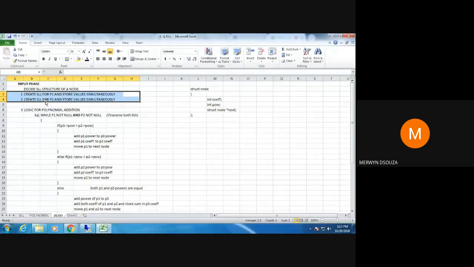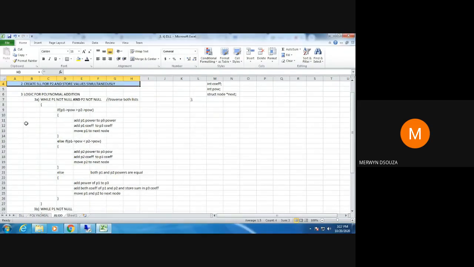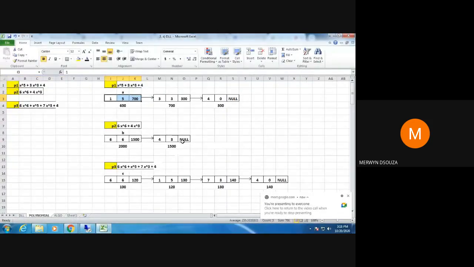So you'll create these two linked lists, store the polynomials, and then comes the addition logic. Now look at this here. This part is very important. You will introduce some temporary pointer here, say t1.